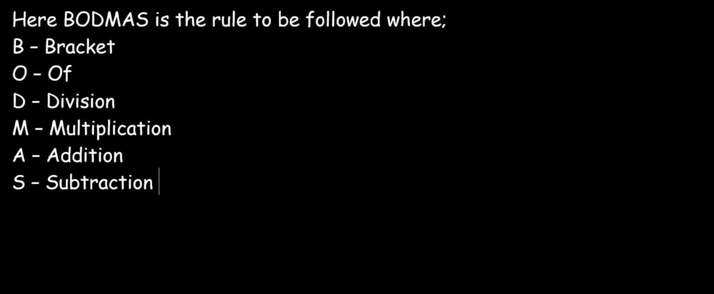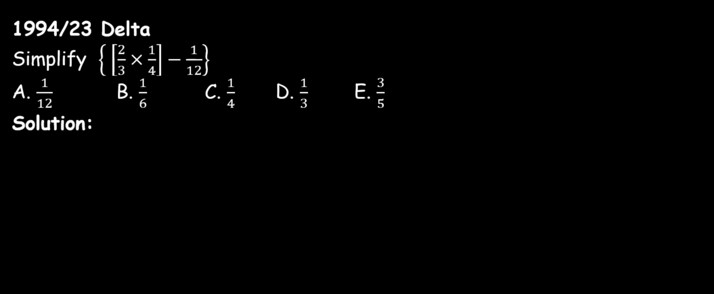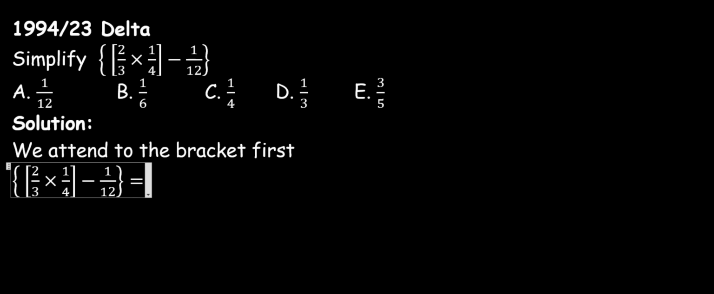Let's take our first example. Simplify the big bracket open, then before you have another smaller bracket open, 2 over 3 times 1 over 4, small bracket close, then minus 1 over 12, then before you close the bigger bracket. The options are given. Solution. We attend to the bracket first by the rule of BODMAS, and that will mean our given problem, we may choose to cancel out